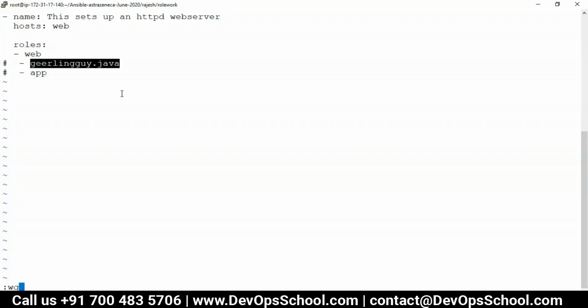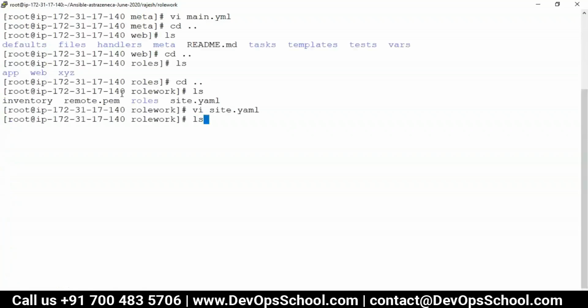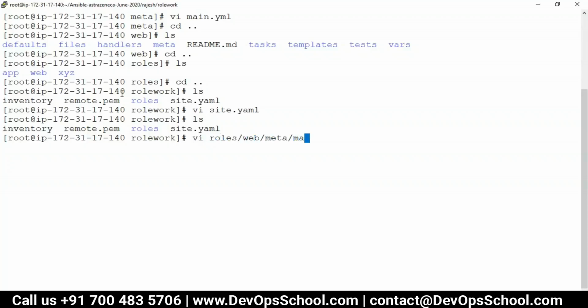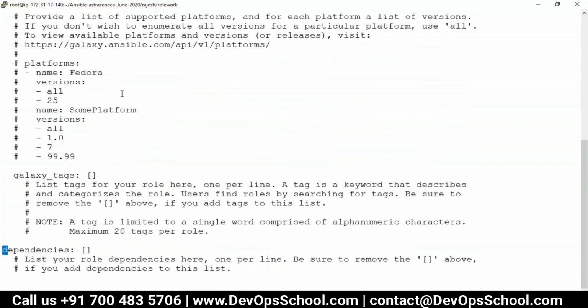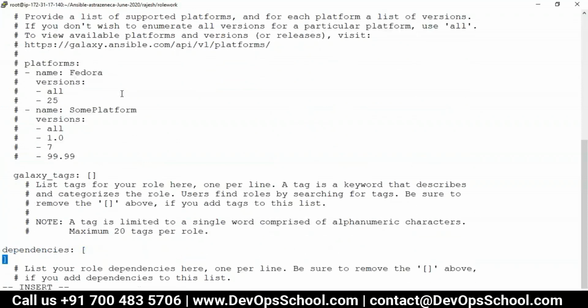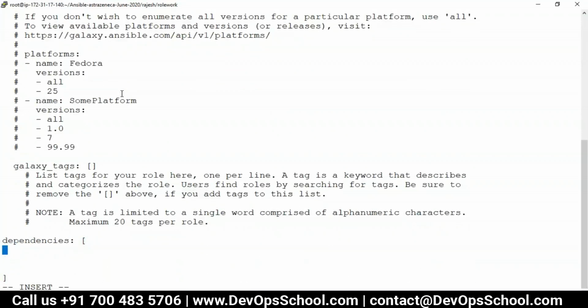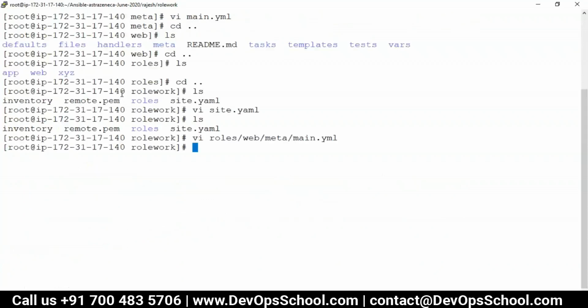So for that, what I'm doing is vi roles web meta main.yaml, enter, go to that dependency section and here add this list and save it.